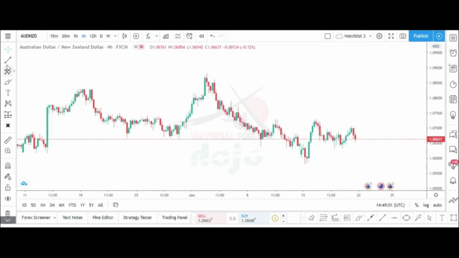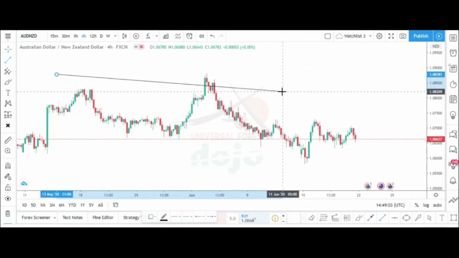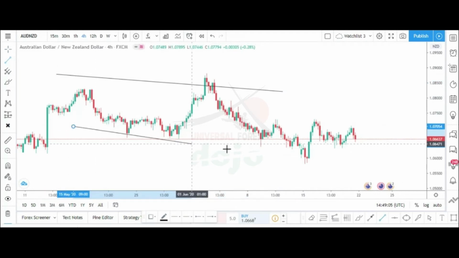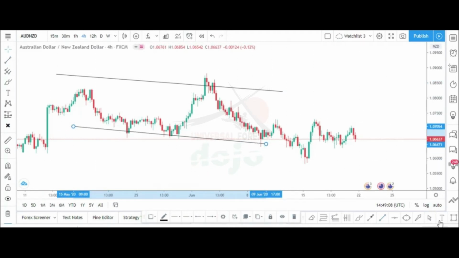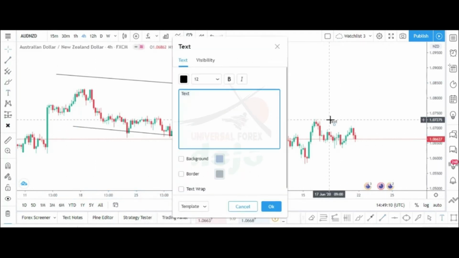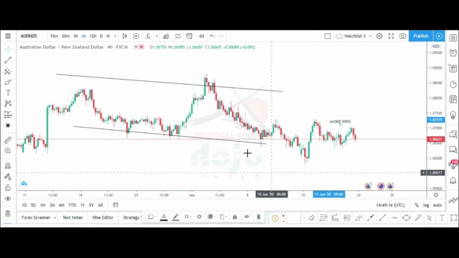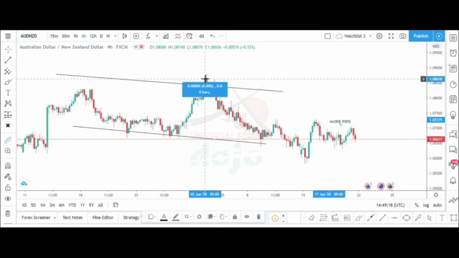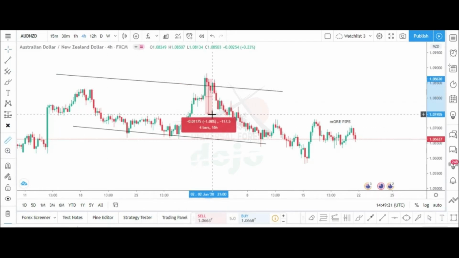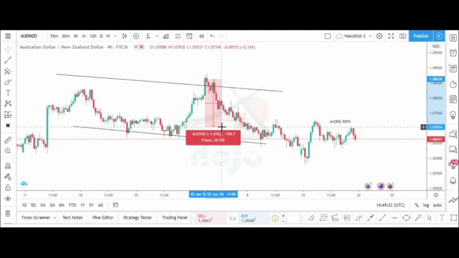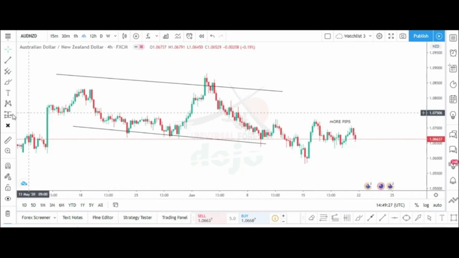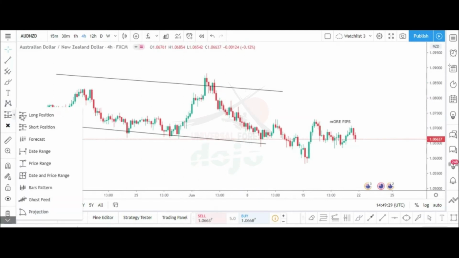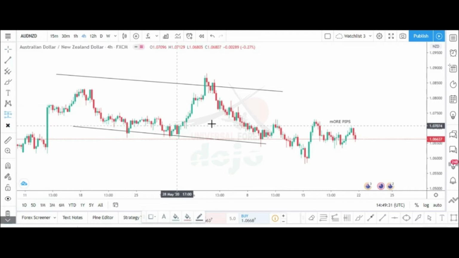You can draw your trend lines, support lines, and resistance lines. You can also sketch your ideas using the notes option right here. You can use the built-in ruler to calculate distance between your entry and exit points. You can also calculate your risk-reward ratio using this tool over here. For example,